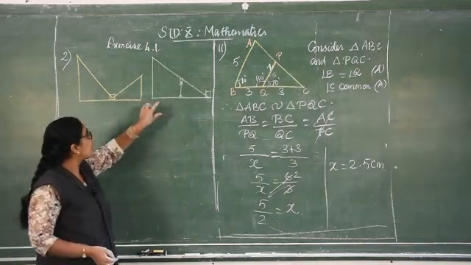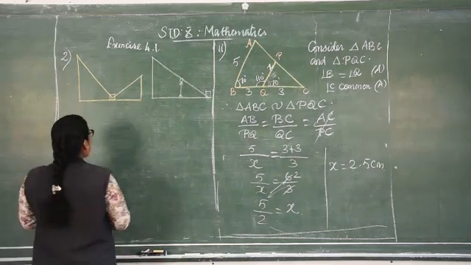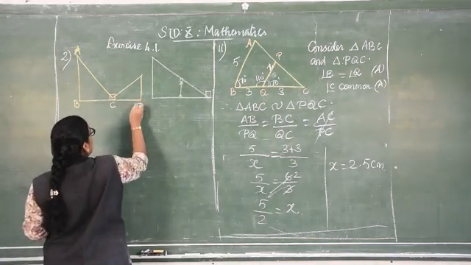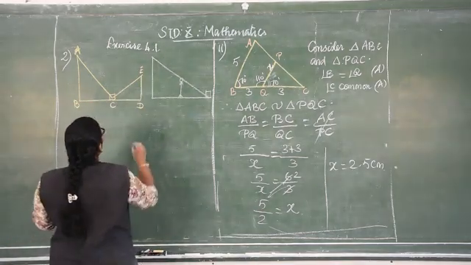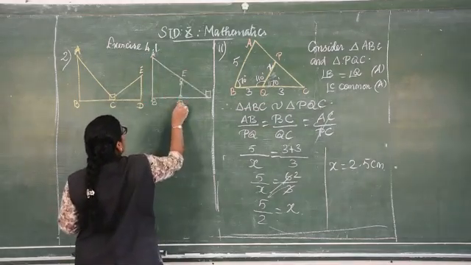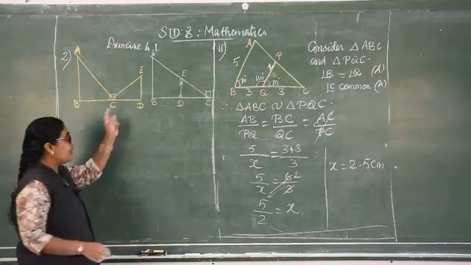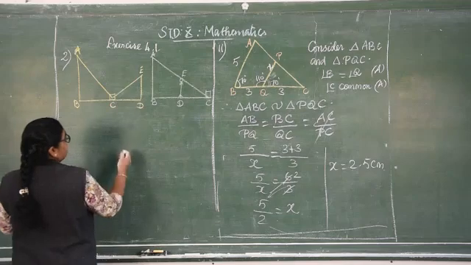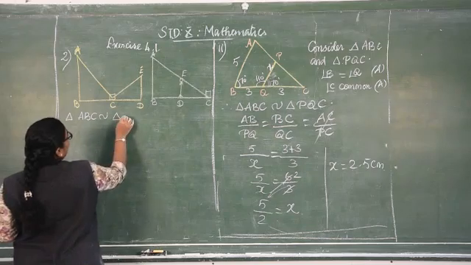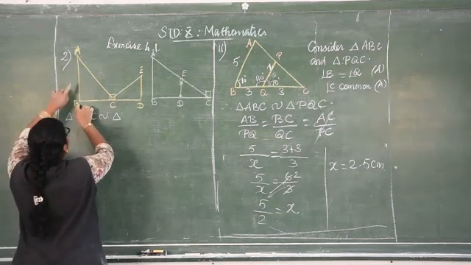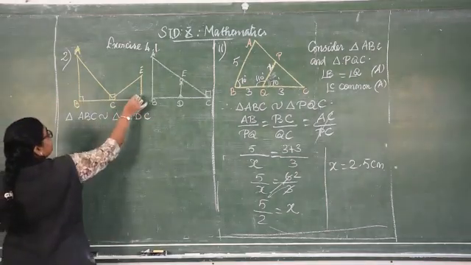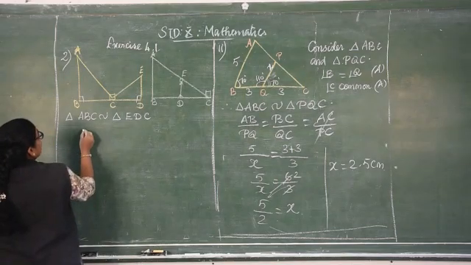Both the triangles are similar. I will explain why. Let us name this one as A, B, C, D, E. Now the lamp post is AB, the girl is ED and the mirror is C. This is the way I have arranged. Now in both the conditions, I am considering triangle ABC is similar to triangle EDC. How? This is 90 degree, this is 90 degree.